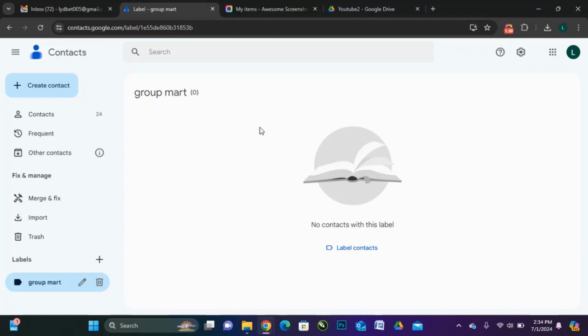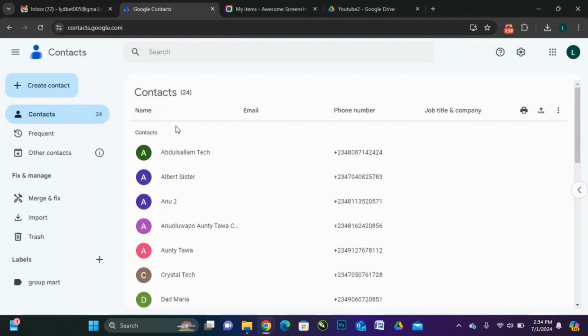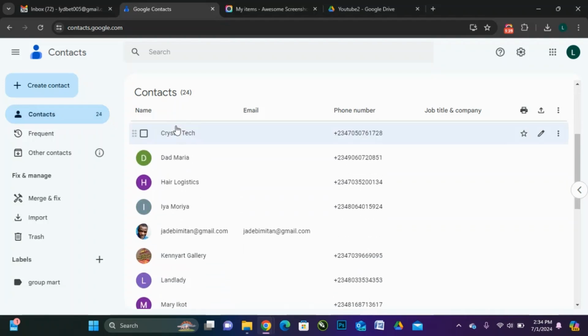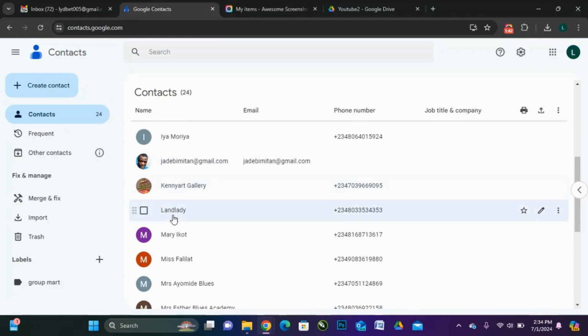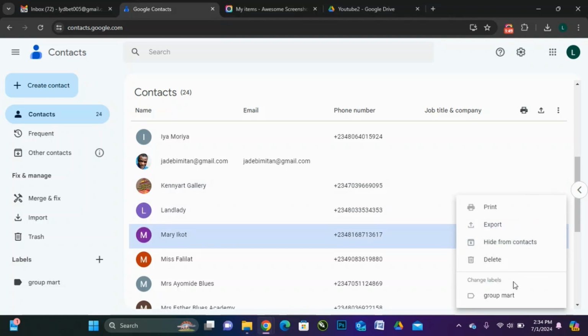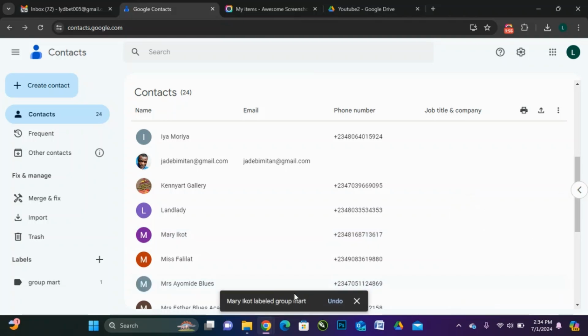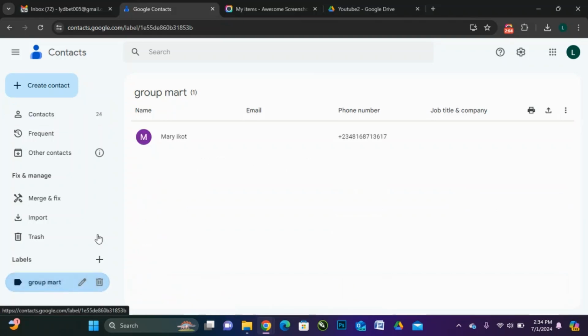Now to add the contacts to your group, you click on the contact icon to open it. You scroll through the contact you want to add. You click on the three dots beside the contact name. Then you select the name of the group. Now, this contact has been added to your group, and when you check on the group, you can find the